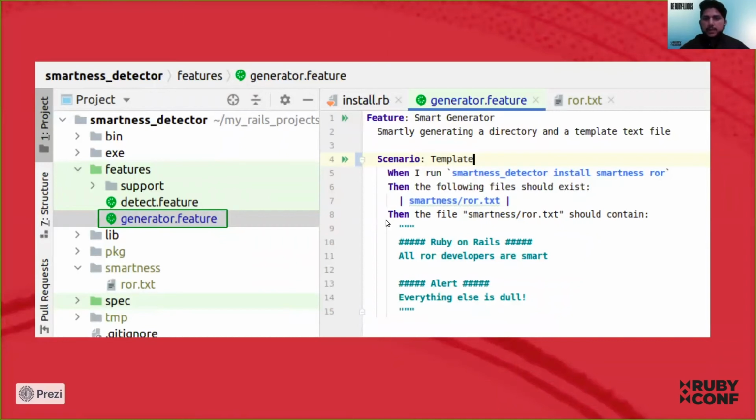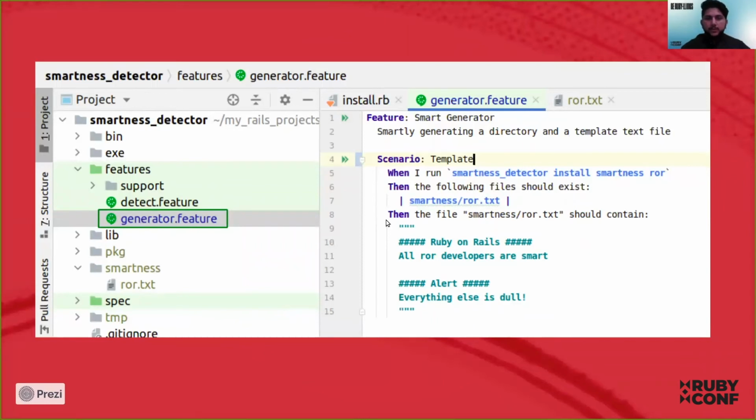Our feature is simply generating a directory and a template text file. So the scenario is creating a template. I would write something like: when I run smartness detector install smartness ROR, then the following file should exist. Then I'll give the file path. Then the other output should be that ror.txt should contain the following text. The text is: Ruby on Rails, ROR developers are smart, and everything else is dull.